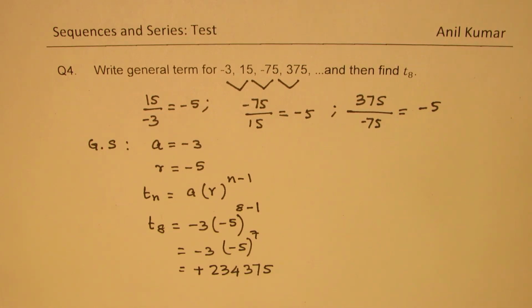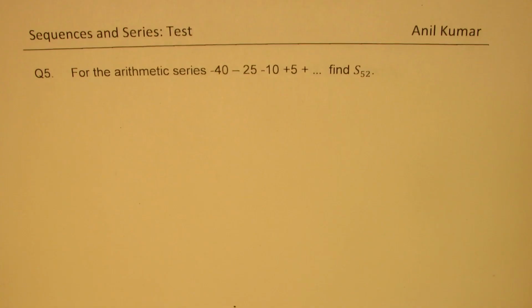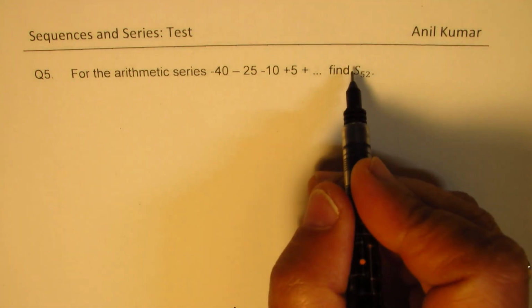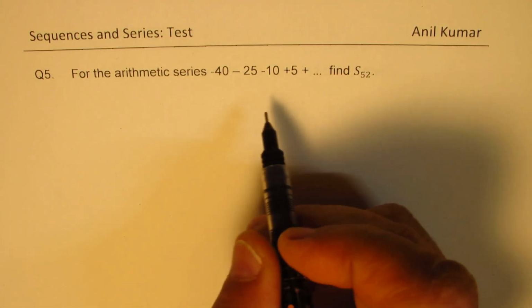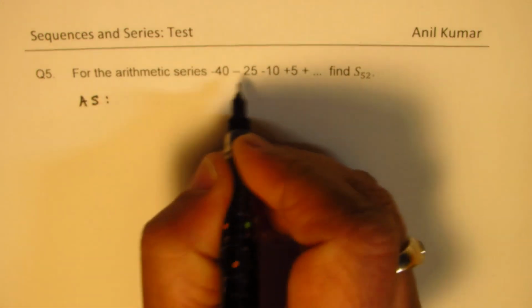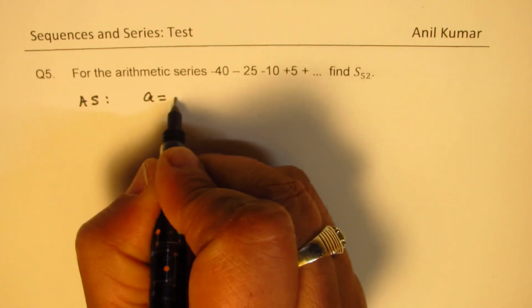So I hope all the steps are absolutely clear, right? Let's move on and take the next question now. Question number 5. For the arithmetic series minus 40, minus 25, minus 10, plus 5, and so on, find the sum of 52 terms. So we are now talking about arithmetic series, and we know a is equal to minus